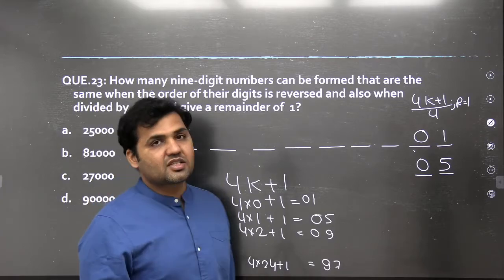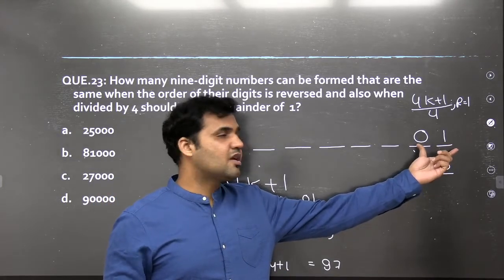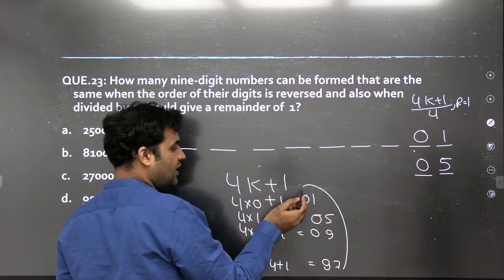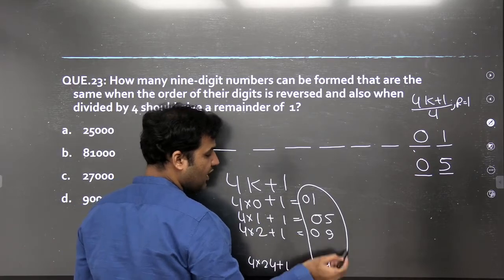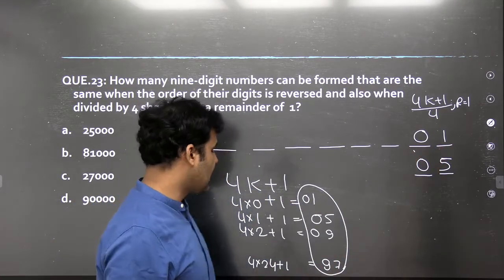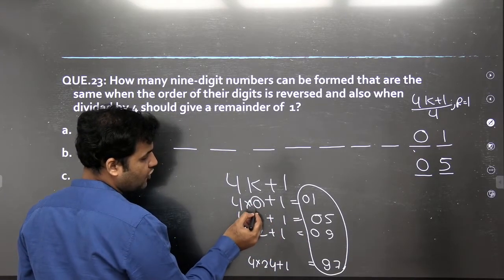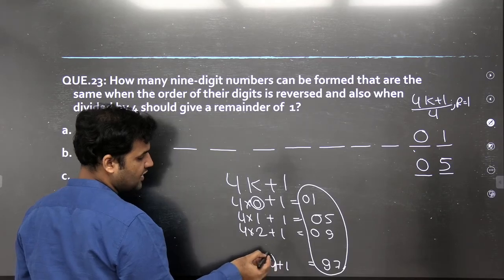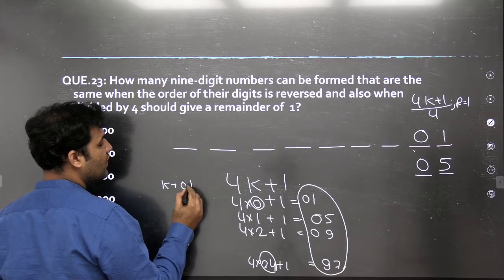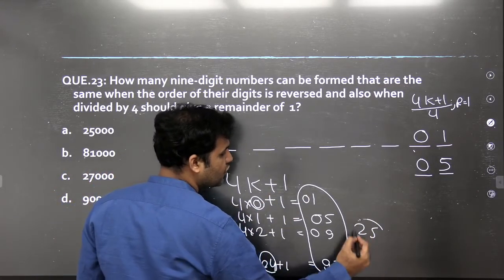After that, you will start getting 3-digit numbers, but I'll have to look only at the last 2 digits. So you see that these are the possibilities to get a remainder of 1 for the last 2 digits when divided by 4. And how many numbers are there? Guys, you started with the value of k as 0 and you go on till 24. The value of k is moving from 0 to 24. That means the total numbers are 25.